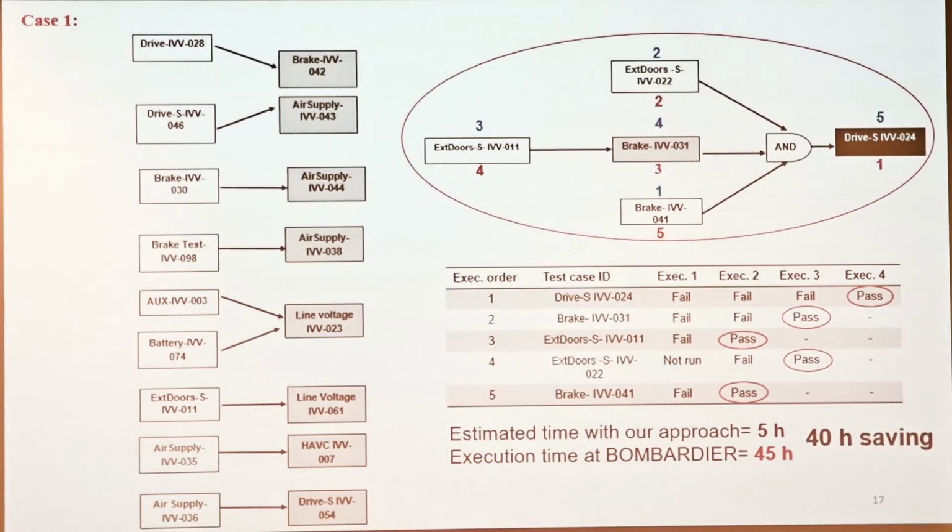So the estimated time for execution of these 5 test cases is 5 hours by our method. But it took 45 hours for execution. And the total saving time is 40 hours. But we need to consider that the process of detecting dependency takes time, creating this graph takes time, and this 40 hours is just execution hours. And we detected this dependency information with the help of engineers and testers at Bombardier, and there are other reasons that they couldn't follow this structure. So